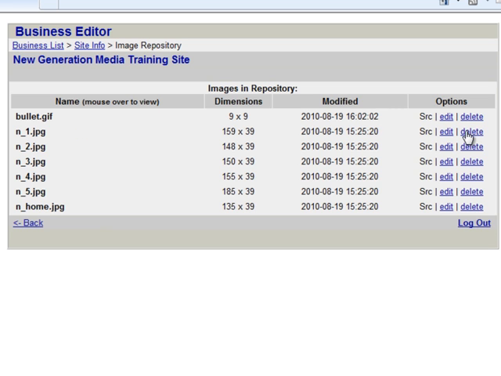Be careful when you do this because, as you can see, some of the images that are needed for your website are also uploaded to this folder. If you accidentally delete them, some parts of your website will not function. Let's click Site Info to get back to the main page of the editor and continue on to Section 2,